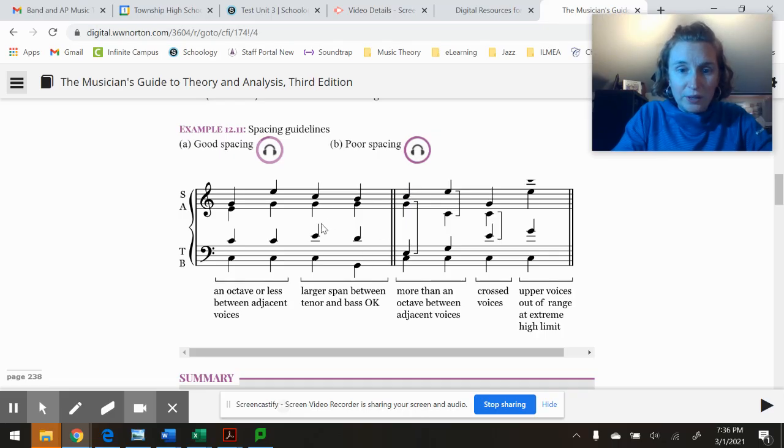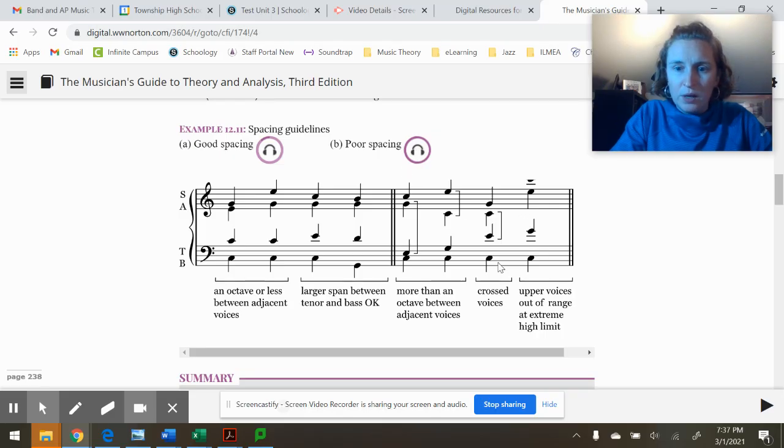Again, it's giving you back in the good example that it's really fine. It's fine to have a larger than an octave space between the bass and the tenor. Having the bass pop down is always going to sound nice. Bass lower, 2 thumbs up. But you want to keep those upper voices together. Sorry for my crazy lighting tonight. Okay, but yeah, these are the ones you kind of want to watch out for